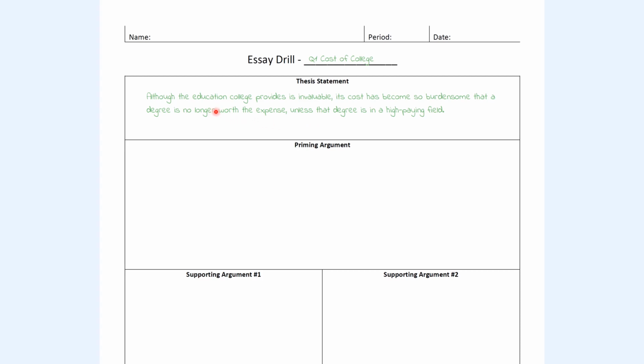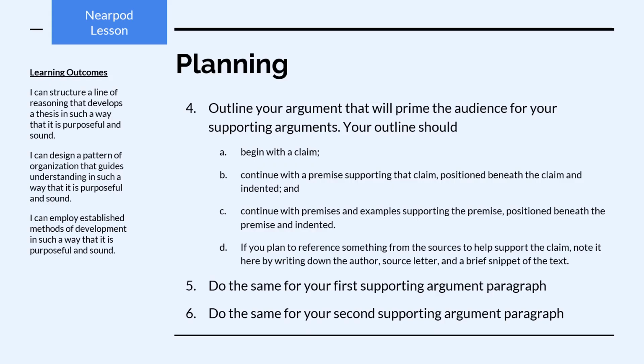Really, I have just one supporting argument that's because of this, so the cost is not worth it because the expense is burdensome. So just the one because supporting argument. And then I've also got this little qualifying argument as well that's also further supporting my primary claim. And then this little piece up here acknowledging that college education is invaluable, that's something that I'm going to prime as a sort of concession to begin my essay. So that's a different kind of thesis than what I've shown you guys in the past, but it still ticks all of my boxes. Let's go ahead and continue now with steps 4, 5, and 6.